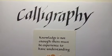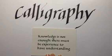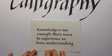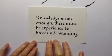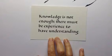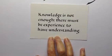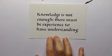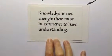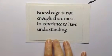This calligraphy clip, spacing 2, emphasises what I was explaining in calligraphy clip spacing 1. I'm starting with this quotation from the great letter cutter David Kindersley because this really is all what spacing is about. It's not enough simply to know what to do, you've got to have experience of it so that you can really understand. So when we're looking at spacing between letters, here the spacing between letters is very, very tight